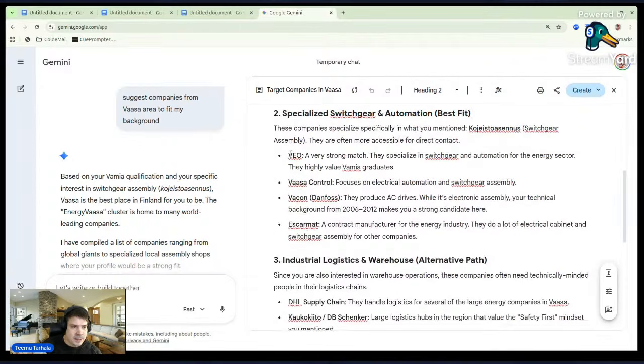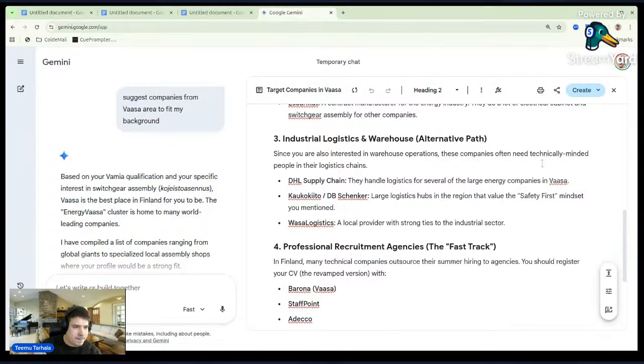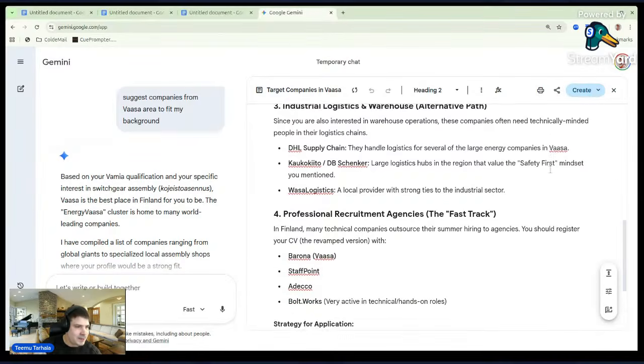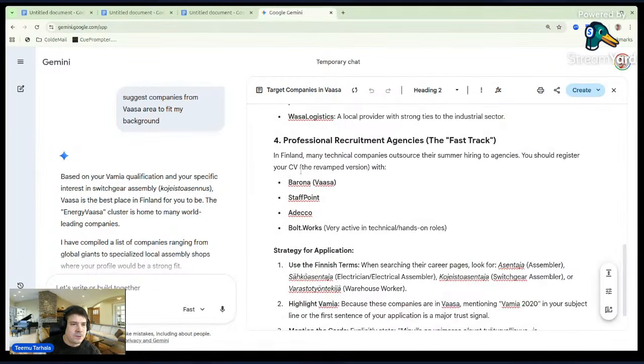And then a couple of more. I think Danfoss we applied to a year ago, not a couple. But then no luck. But we got into the interview. So that's already a big win, I would say. Kaukokiito and so on. And then recruiting agencies. Yeah, always send the paperwork there.